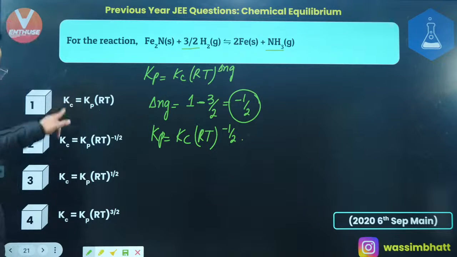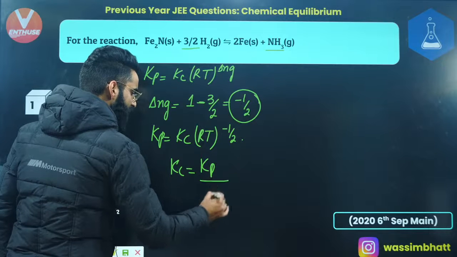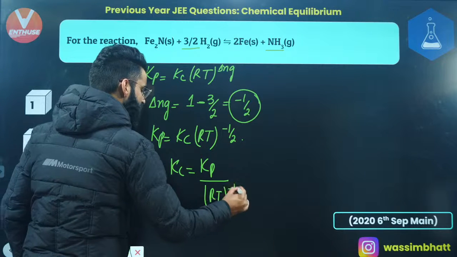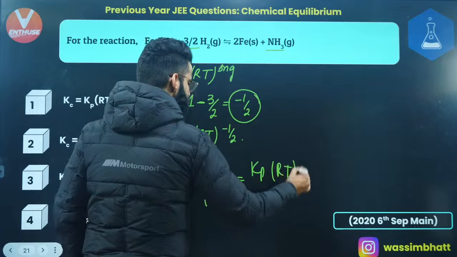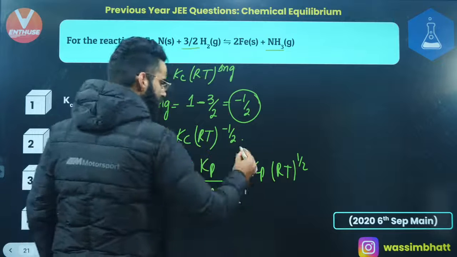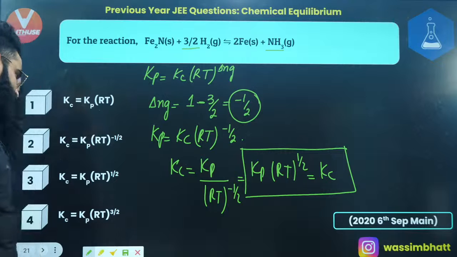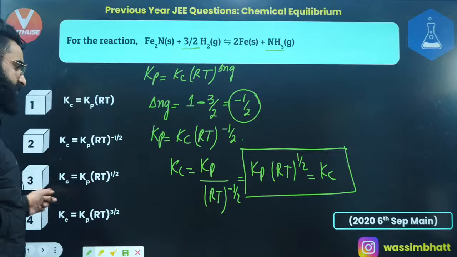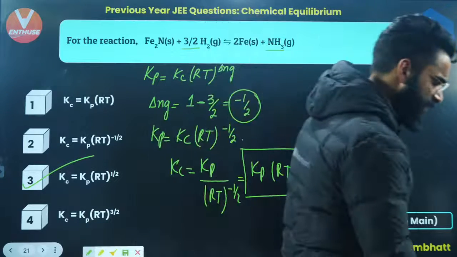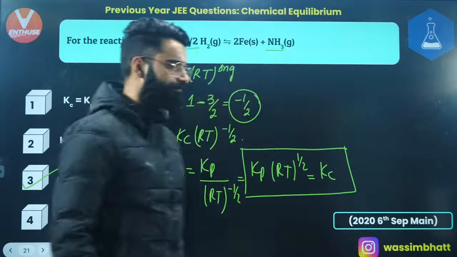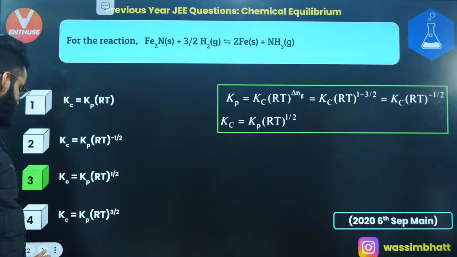But over here I'm given with the expression. See, I can write Kc is equal to Kp divided by RT raised to the power minus 1 by 2, or this is going to be simply Kp multiplied by RT raised to the power 1 by 2, correct? So this is the relation between your Kp and Kc. So Kc is equal to Kp RT raised power 1 by 2. So option C is the one which is correct among all. Is it clear to everyone, my dear people? Let me know fast in the chats. Yes? Perfectly done. Absolutely, option C is the one which is the correct among all.